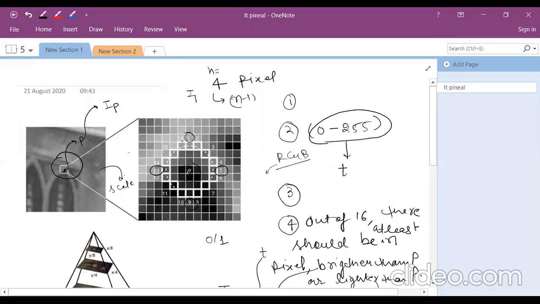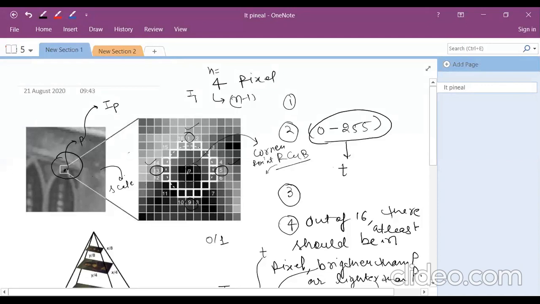So you can see there is a dark color in the P. There are pixels I1, I5, I9, I13 which are lighter or brighter than P. Yes. For the pixel 1 it is lighter. For the pixel 5 it is lighter than P. The pixel 9 is roughly similar to P, and the pixel 3 is lighter than P. So there are 3 pixels, 1, 5 and 3, which successfully satisfy the criteria of being lighter than P. So we can say P is the corner point,